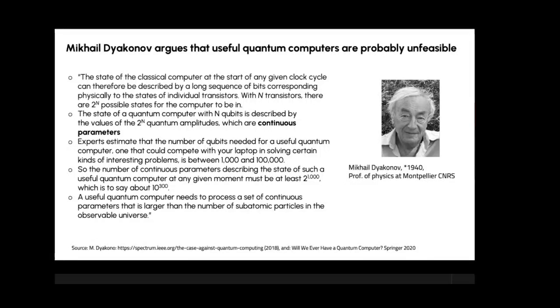classical computer at the start of any given clock cycle can therefore be described by a long sequence of bits corresponding physically to the states of individual transistors. With n transistors, there are 2 exponent n possible states of the computer to be in. The state of a quantum computer with n qubits is described by the values of 2 exponent n quantum amplitudes,